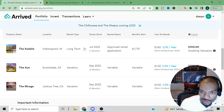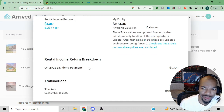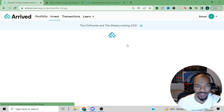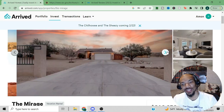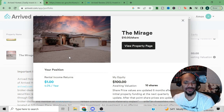Okay, so I believe I clicked this one. Did I go over this one? Yes, I did go over this one. And this one was in California. This is another vacation rental. This one is actually pretty nice as well. Very nice. By the way, if you guys have any questions, make sure you let me know in